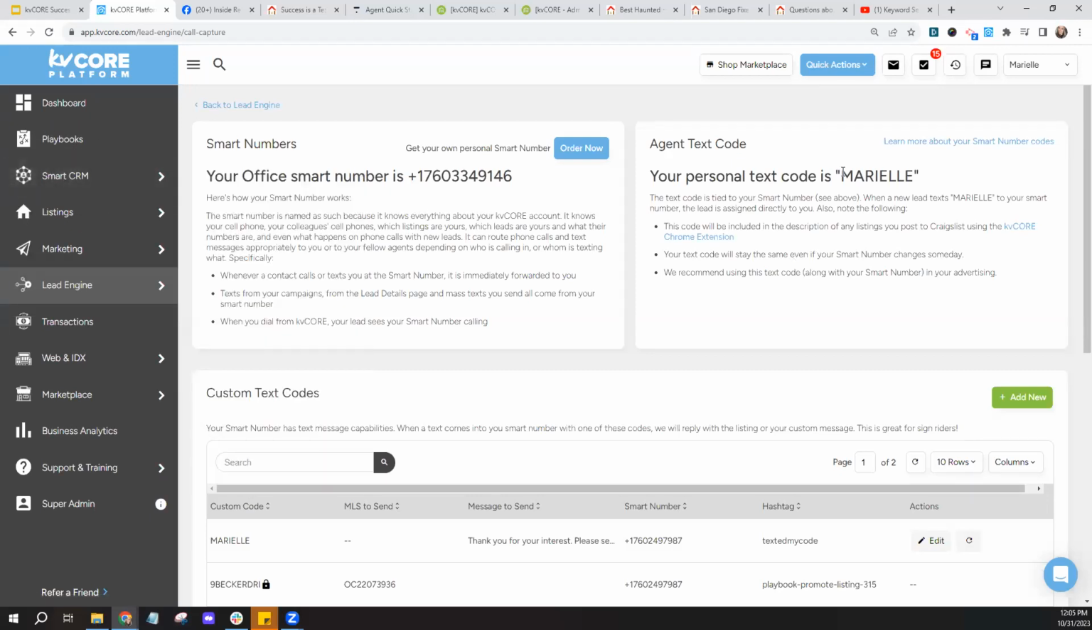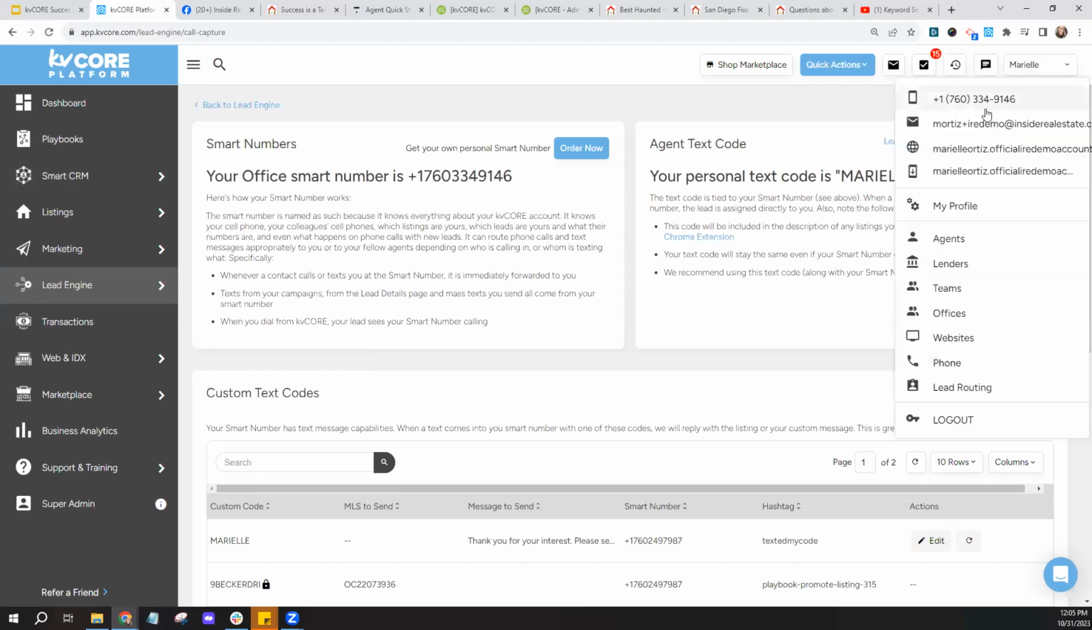So the code is unique to my account. So even though they're calling or texting a shared number, if they're texting a shared number, they're using my code. So that will help bring it back to me. So again, with a shared smart number, good idea to share that out with all of your contacts that you